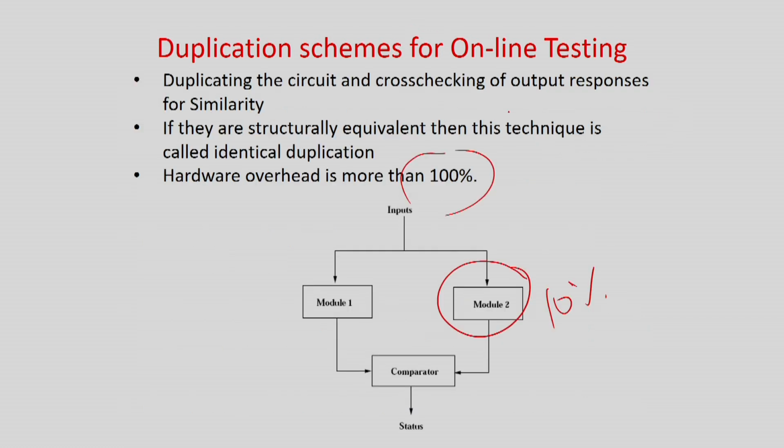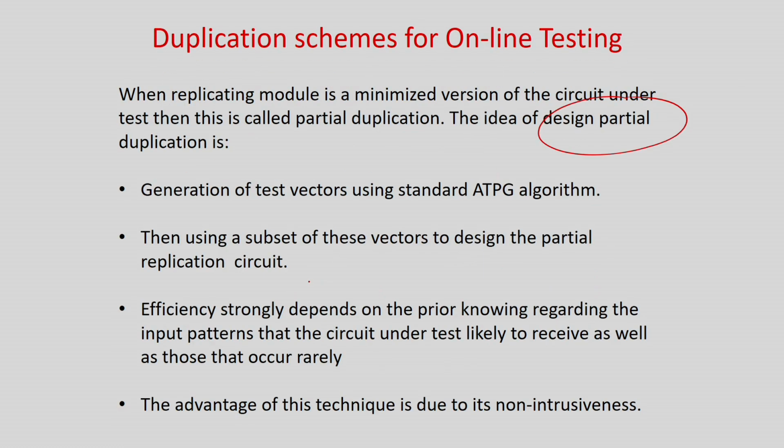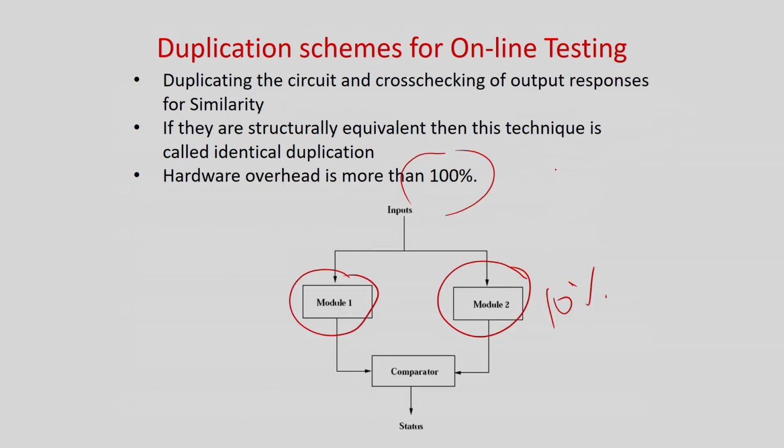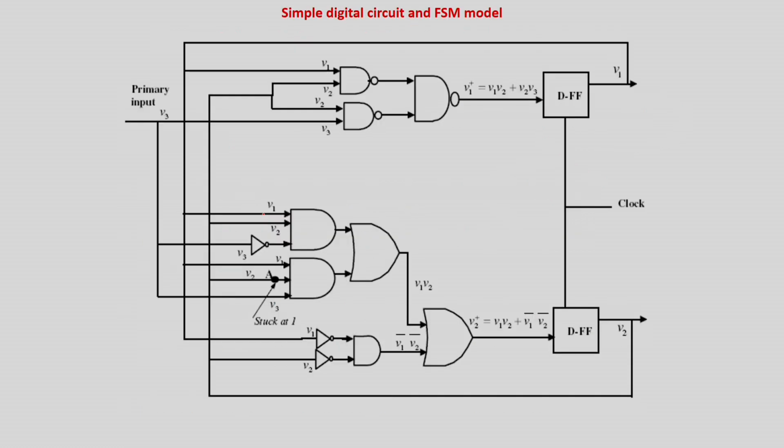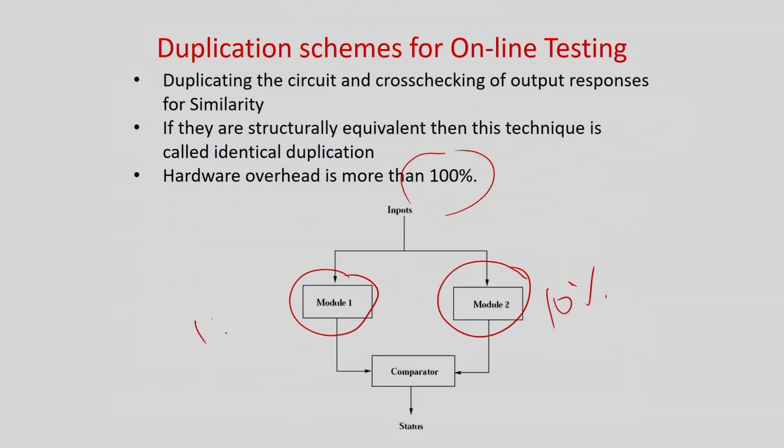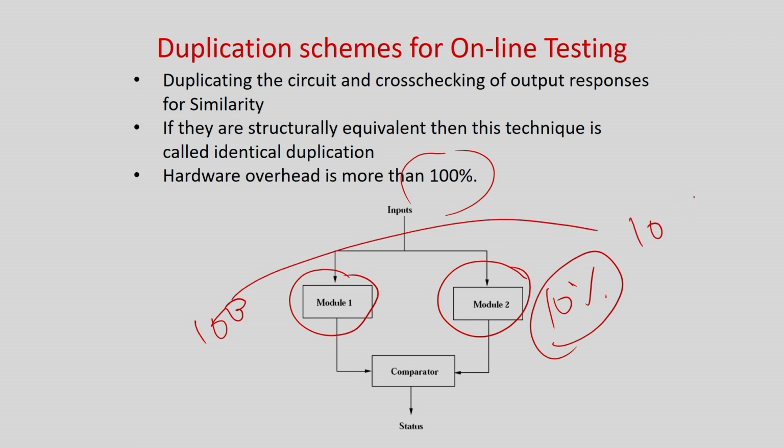In this case, what people do is take a circuit like this, go for ATPG, find out all the test patterns, then use a subset of these vectors to design the proper replication circuit. For example, say there are 1000 test vectors, or 100 test vectors, for module 1 to test all the faults, and somebody says that only 10% area overhead will be allowed for testing. You take the most important 10%, that is 10 test vectors which have the maximum coverage. Like in BEAST, I have already told you how to select good test vectors.